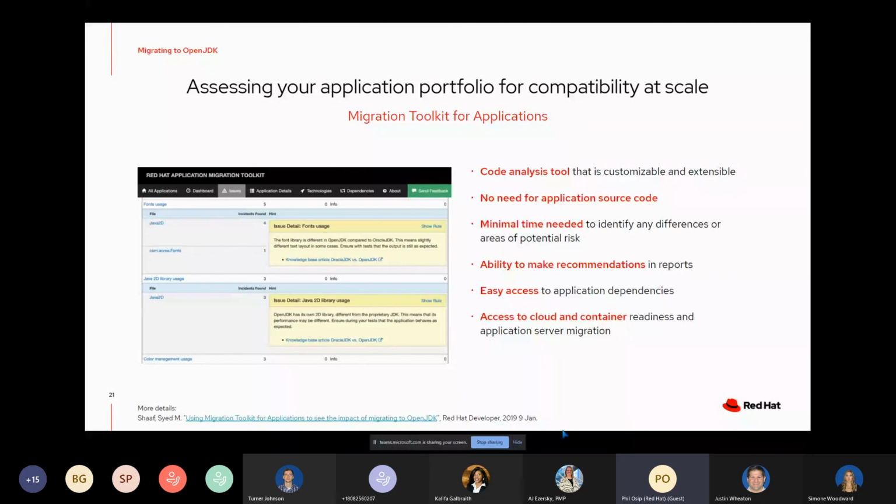It will make recommendations, and actually the screenshot here probably isn't something that you would normally run into unless you are really looking at not just a migration from Oracle JDK to OpenJDK, but a migration from a really deprecated version of the Oracle JDK to a contemporary version of the OpenJDK. It's looking at things that have changed and become deprecated back in the Java 2D space and in the Java AWT, the fonts space. So there are certain cases where certain fonts weren't effectively open source, so could not be used,